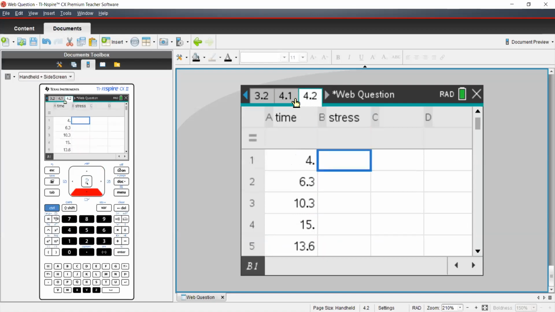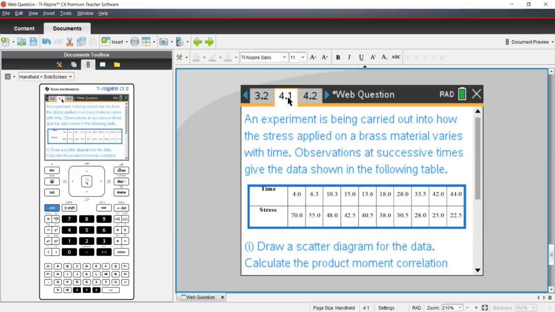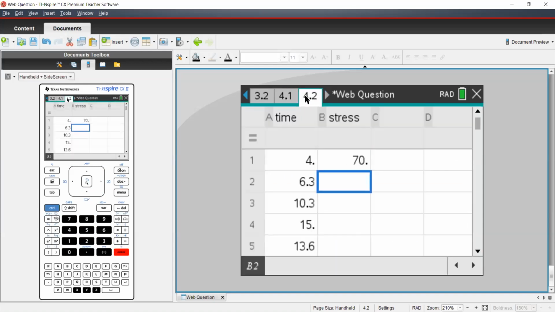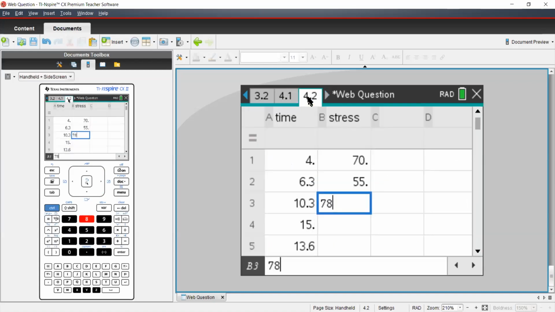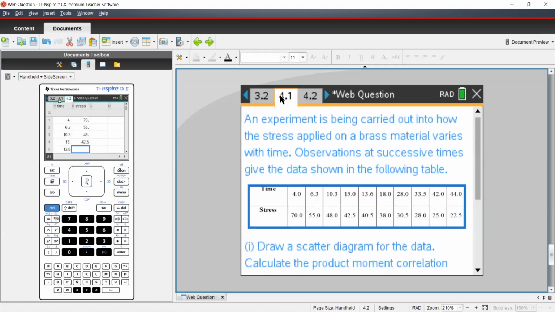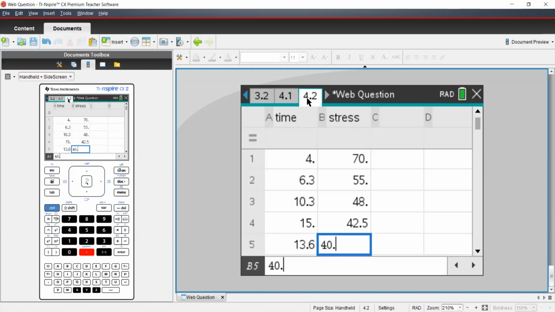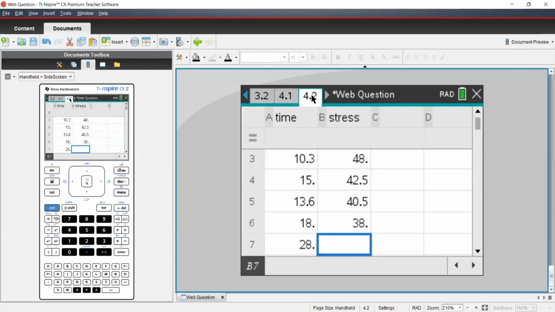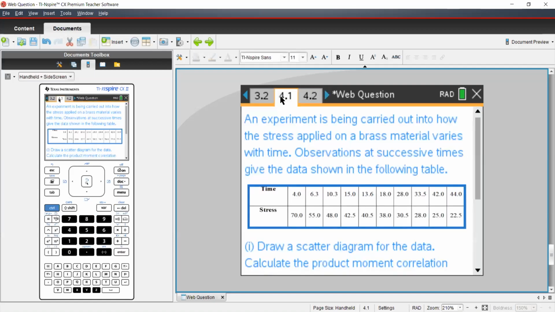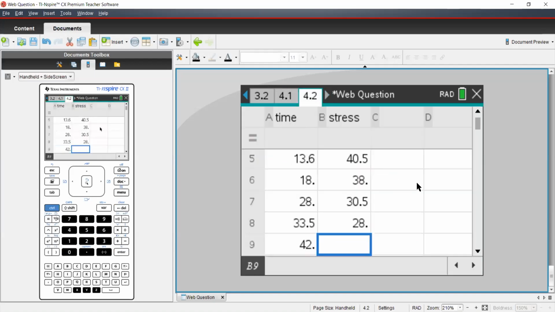Now we'll input the data sets of stress. It's given 70, 55, 48, 42.5, 40.5, 38, then 30.5, 28. Did I miss something?